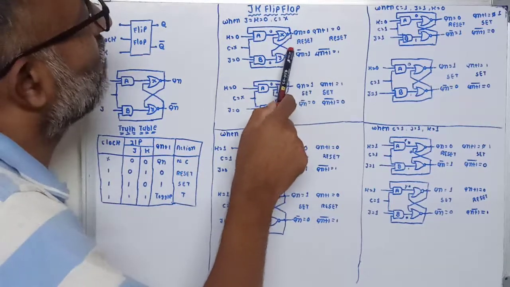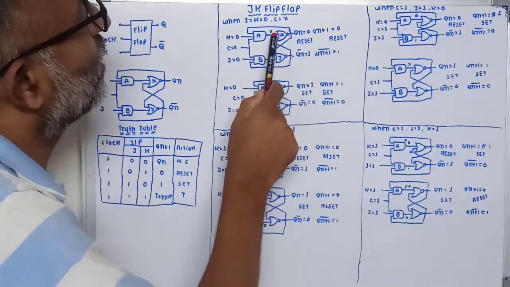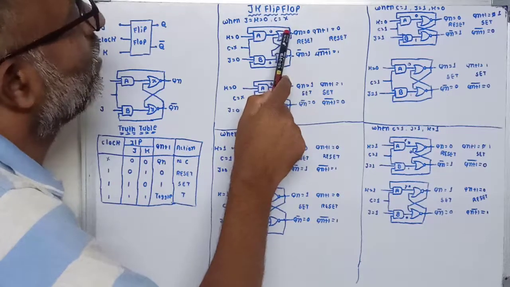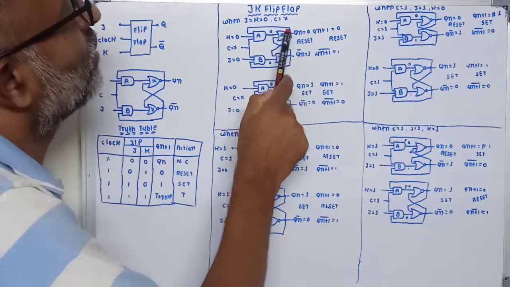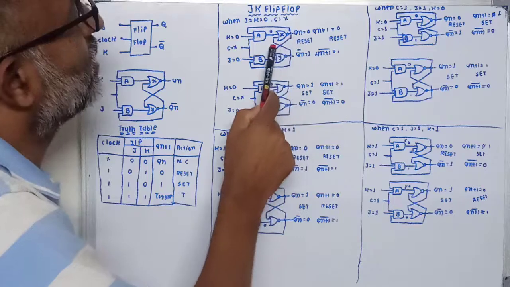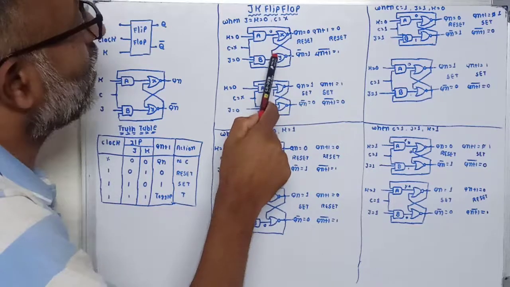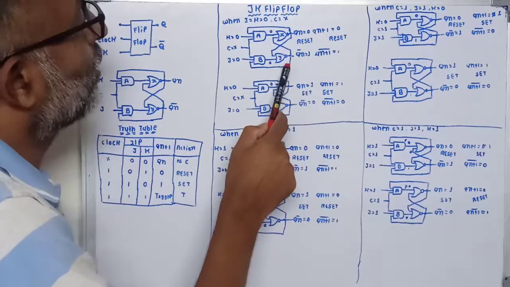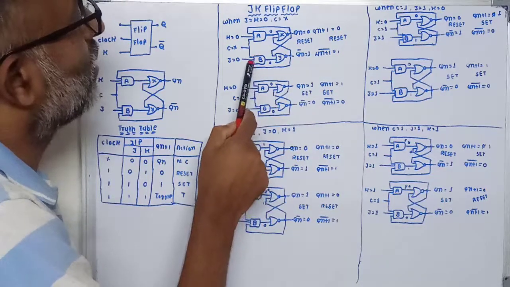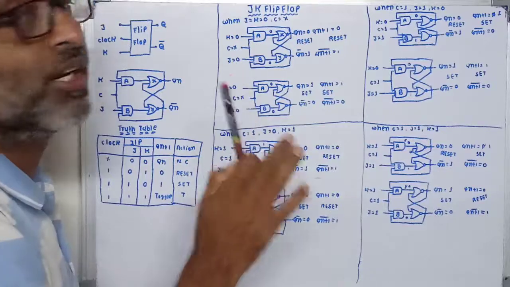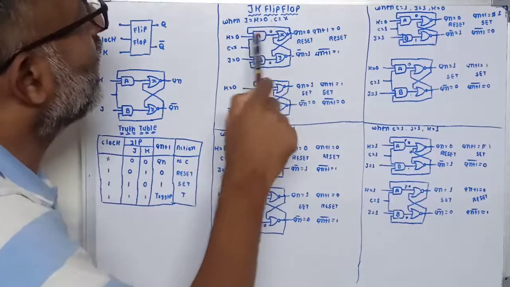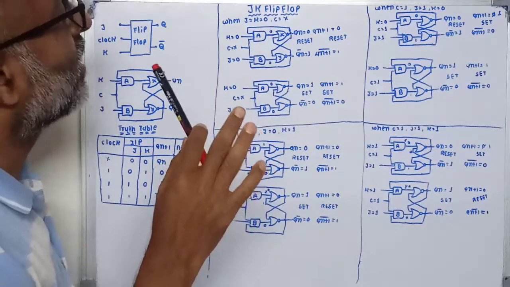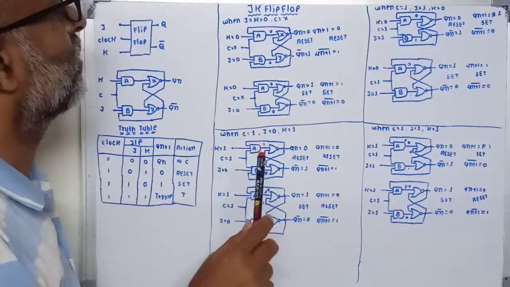Here you can also verify that 1 plus 0 is 0, 1 and its inverted 0. Now this 0 is available here, 0 plus 0, 0 and 1. Now here you can also see 1 is available here, but J and K are 0. That means the outputs of both A and B gates remain in 0 condition.